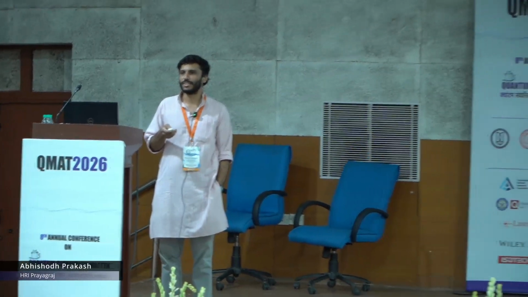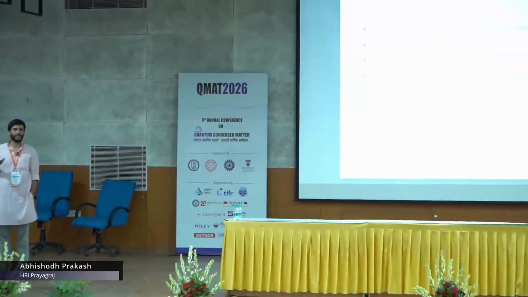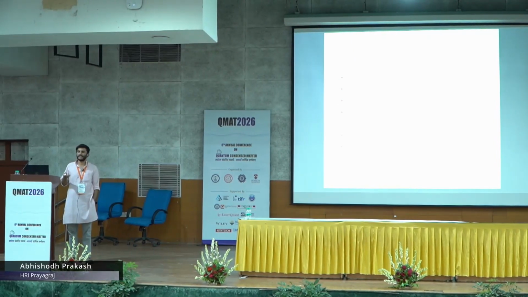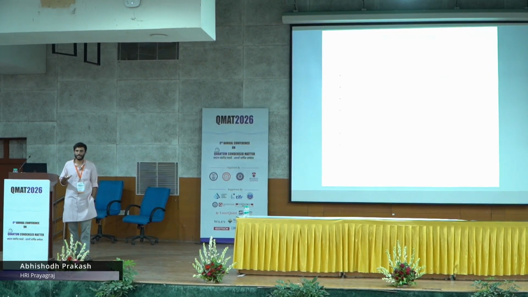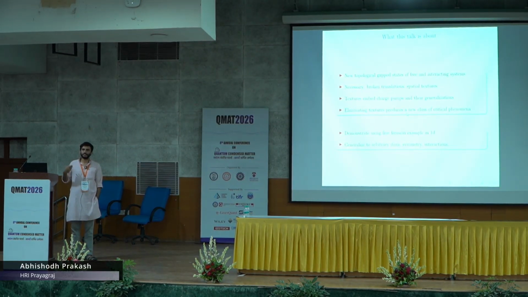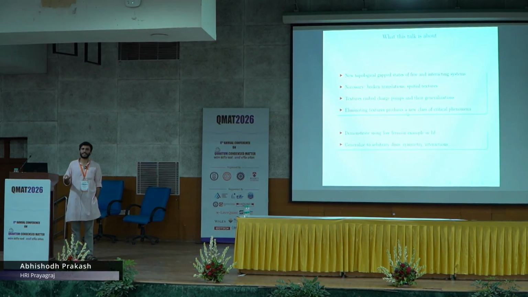So let me give an overall summary of what this talk is going to be about. This will be a talk about a new class of gap states of free and interacting systems, and a necessary component of these states is that they need to have broken translation symmetry. So it's in the presence of a special class of textures which I'll be describing, and these textures embed charge pumps, in generalization, in various dimensions. And I'll argue that these textures protect a new class of states, and eliminating these textures produces a new class